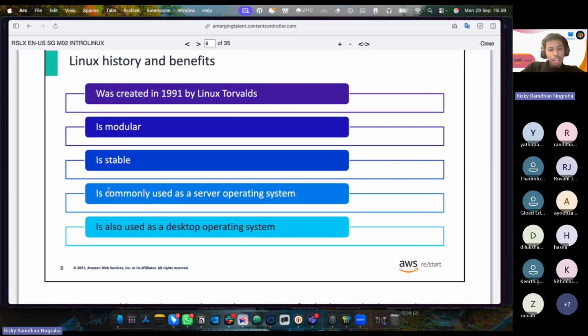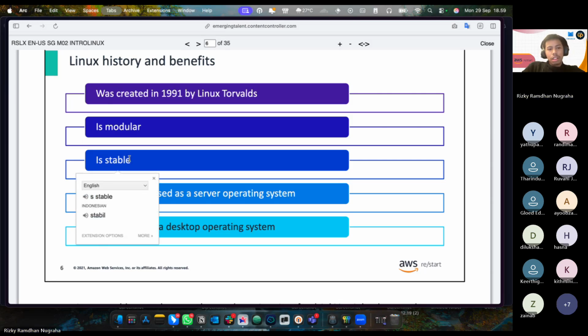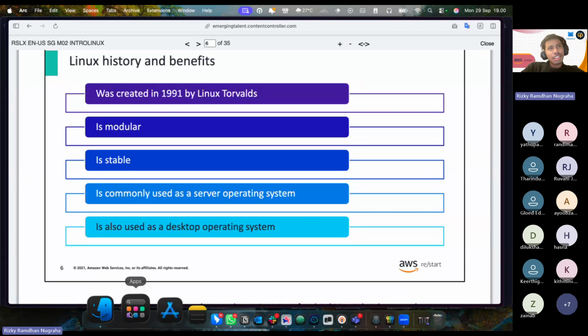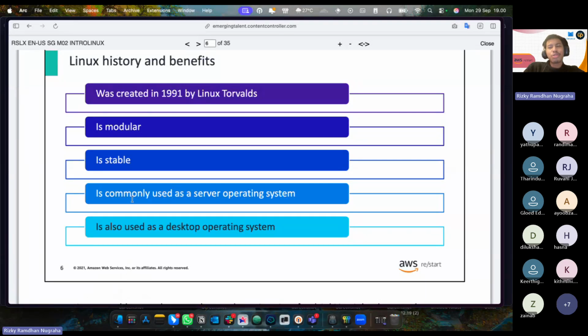And it is commonly used and is stable. Okay, what does stable mean? Maybe for example, some of you are using Windows, right? Sometimes you see updates of your Windows, maybe once a month or twice a month. So yeah, you see the software update, right? But in Linux,